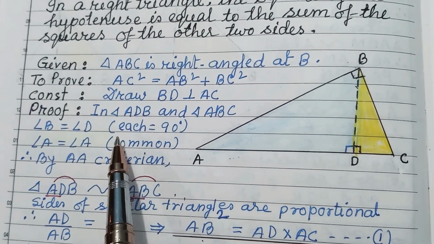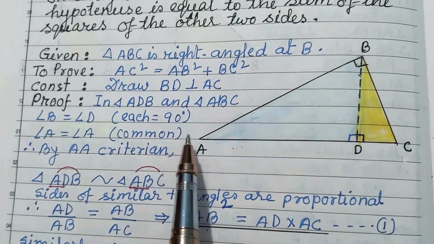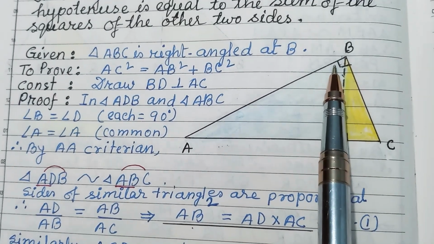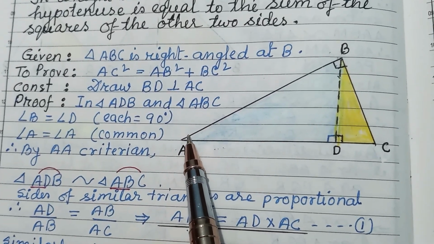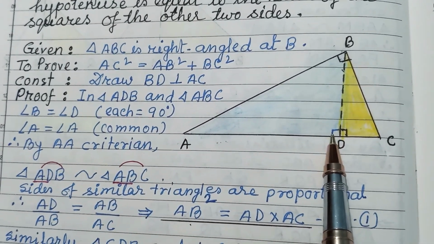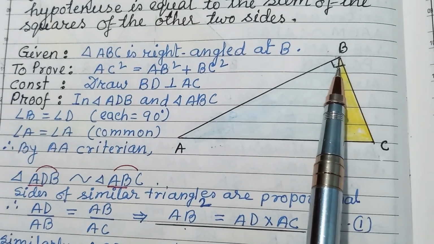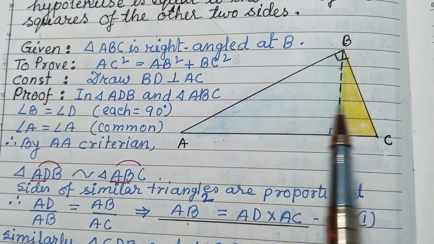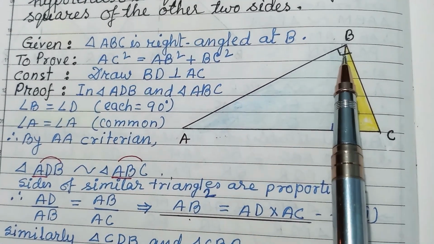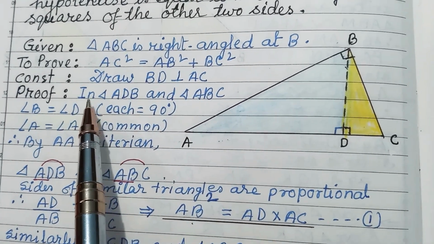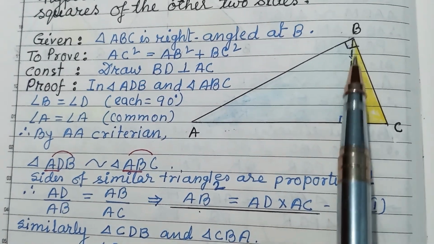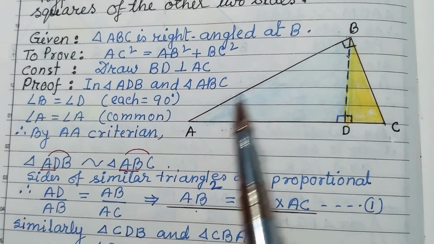Okay. Now first one is triangle ADB, and when you write the triangle, as I am writing, write the smallest angle, then the right angle, then the other angle. In the same way for the second, the smallest angle, the right angle, then this angle. In this way you have to take the triangle. So in triangle ADB and triangle